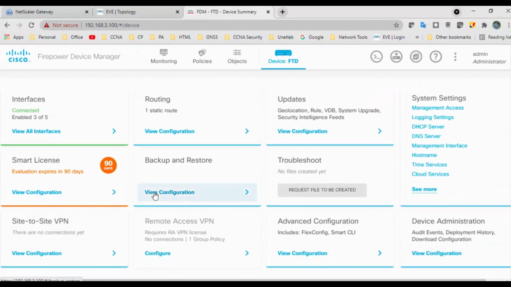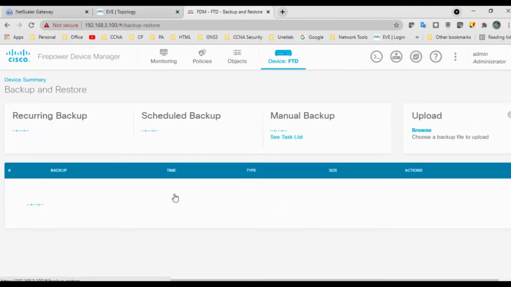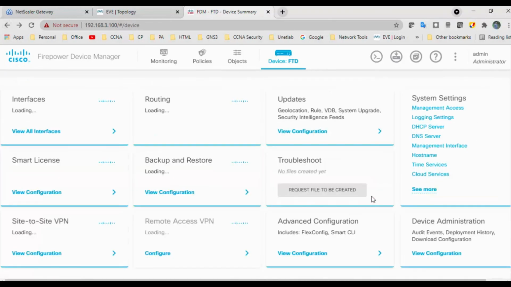Meantime, we will look at some more options available in FTD. You can see the licensing information, and backup and restore. Go to the configuration: this has recurring backup, scheduled backup, manual backups, and if you have any backup, you can upload it here. Then go to troubleshoot.